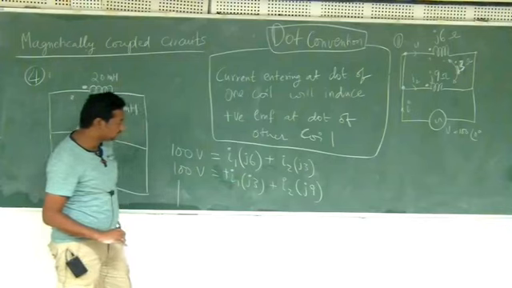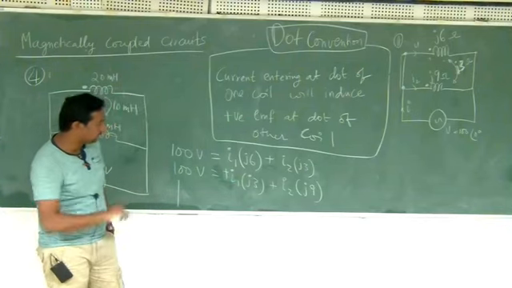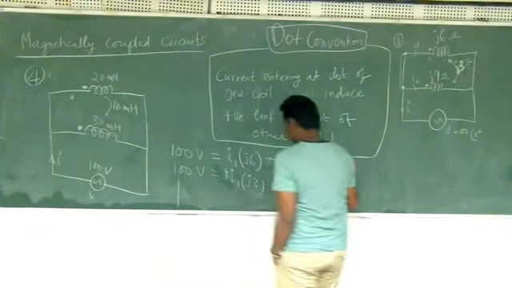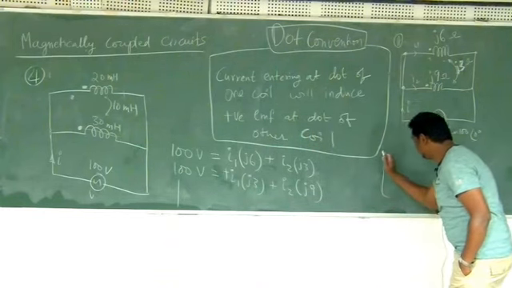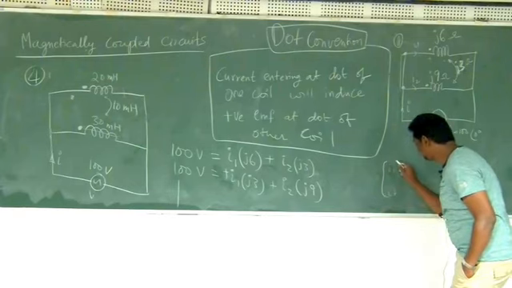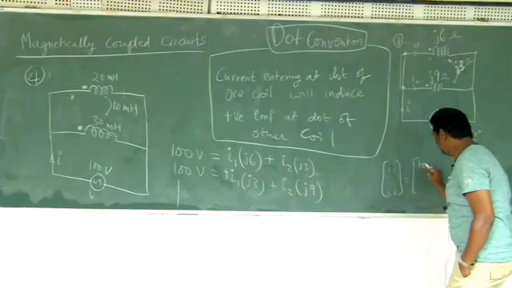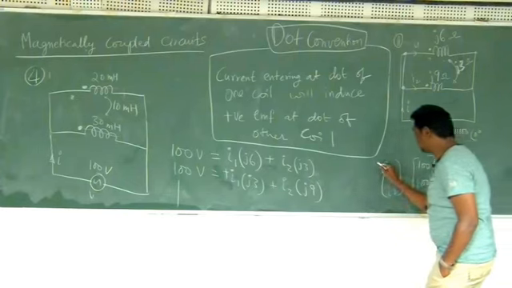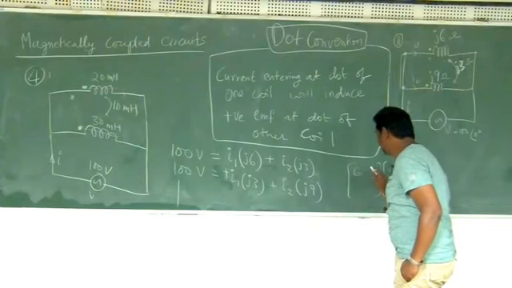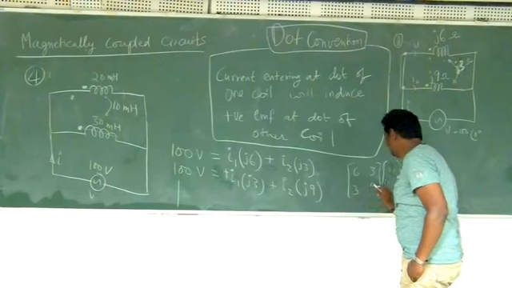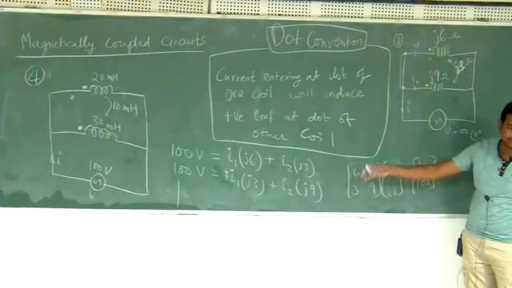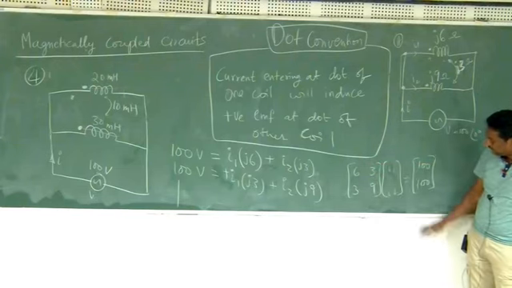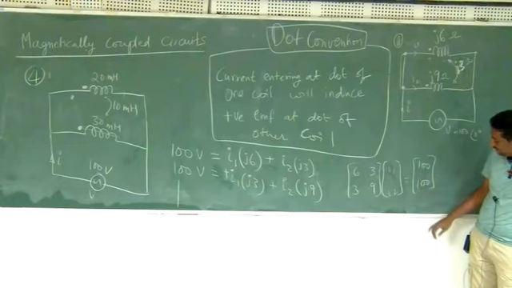Now how do you solve this? You look at it, it's like a matrix. So I get something like this. I'll write I1 I2 equal to 100 100, and this is 6 3 3 9. Two unknowns, two equations. J and all the things we'll take care of later. Two unknowns, two equations, you should be able to solve it. How much will that be?